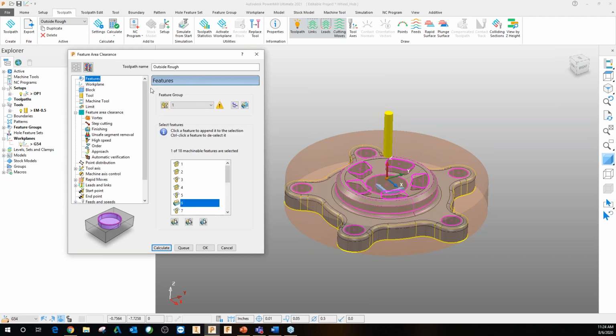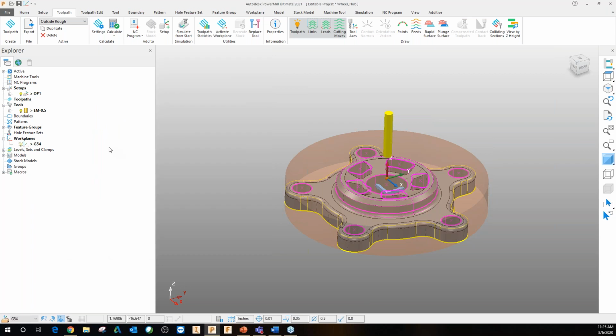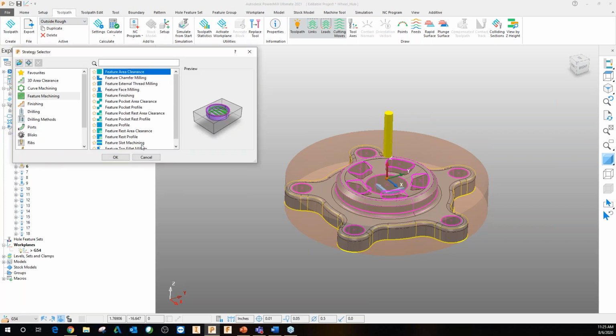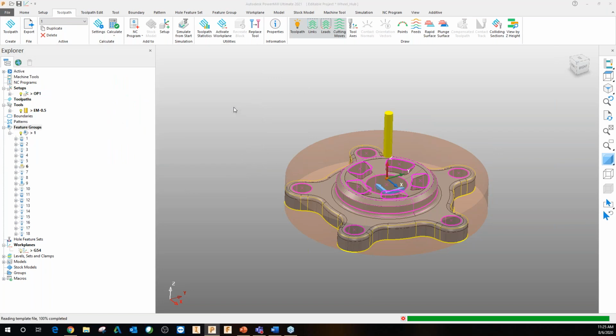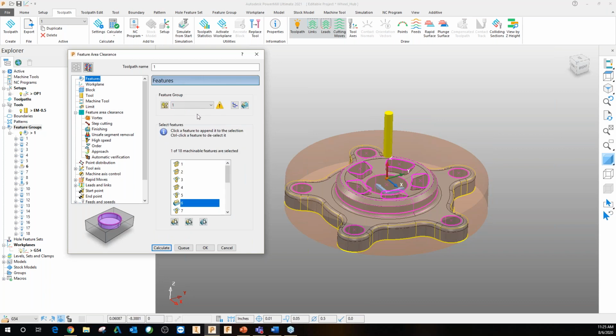And let me go switch the feature here. There we go. Let me reset this. Looks like I grabbed the wrong feature group here. There we go. So give me a second here. We'll reset the strategy, and then for my feature, we'll grab